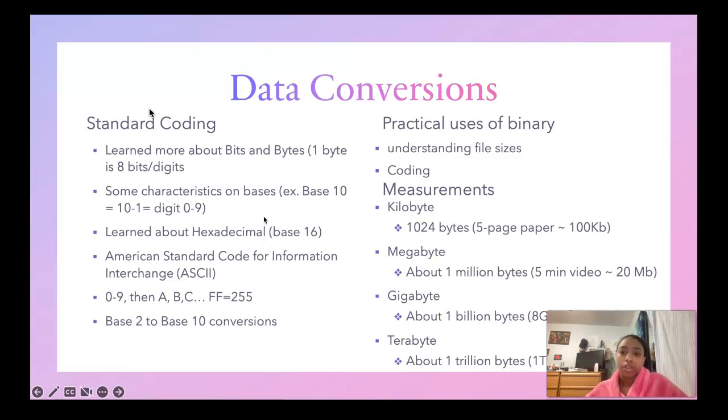We learned about some characteristics of bases: in any base, you just take the base number and subtract 1, and that's the number of digits. We also learned about hexadecimal, which is base 16, and we learned about the American Standard Code for Information Interchange, ASCII,